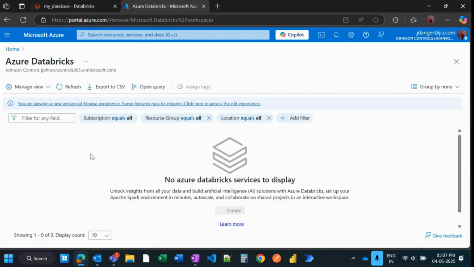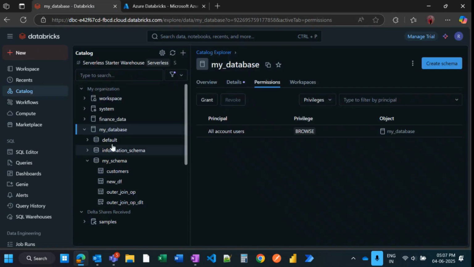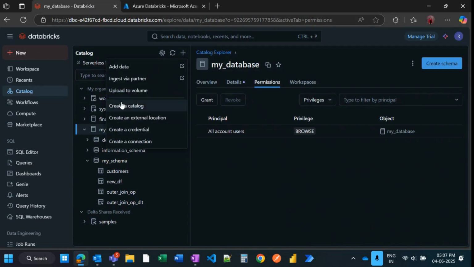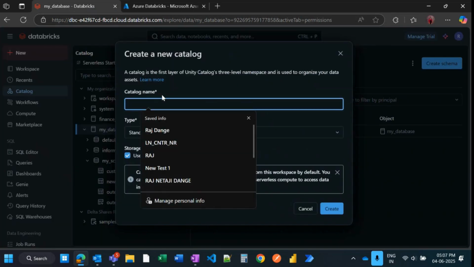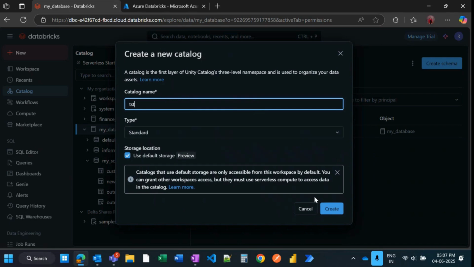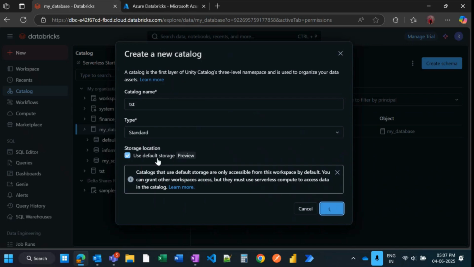We can share the data across those, very seamlessly. We don't need to get the credentials or anything. You just need to create a catalog. Let's create one catalog, test. And while creating this,